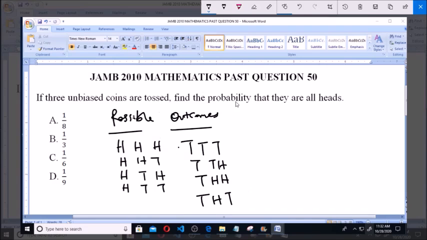Now the question says find the probability that they are all heads, and if you look at it, this is the only possible outcome having all heads. So the probability will be this all over the total number of possible outcomes, and the total possible outcomes is 1, 2, 3, 4, 5, 6, 7, 8. So therefore the probability is 1 over 8, and that is option